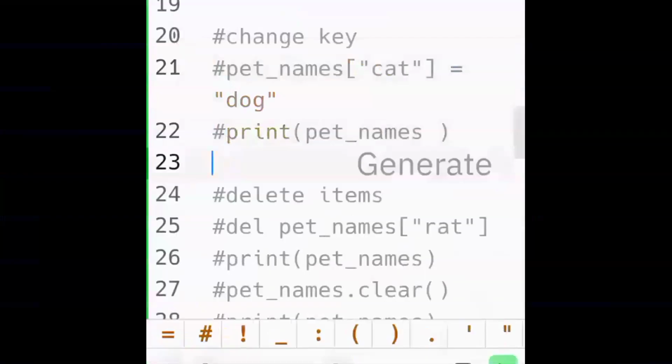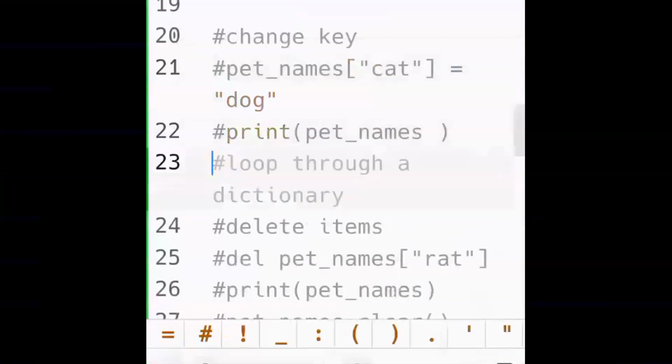But in this case, dogs, cats, pets, it may not be able to identify it as a primary key, so it might make a mistake.